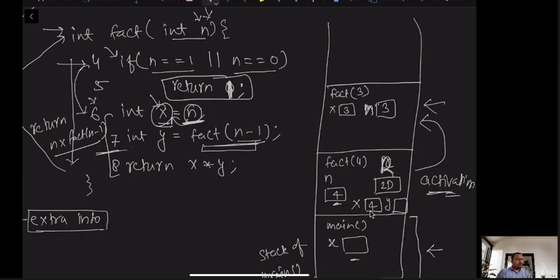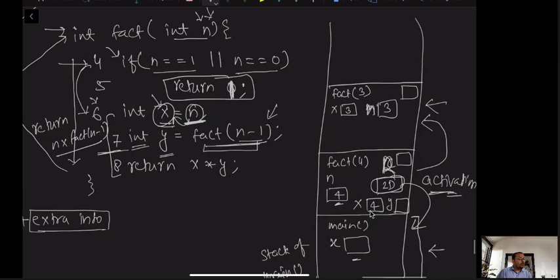After that, when we go to line number 7, it will again maintain the calling of fact of n minus 1. And I forgot to tell you, when we have called this function fact of n minus 1, we have to maintain the address where we have to go back. So it will maintain an address here also, here also, because this address was to go here. So it will maintain an address of, let's say, 3D. Now this 3D is not going to be the same in every fact of n minus 1. Why? Because the address is this. So what is this address? Let's say this address is 3D.